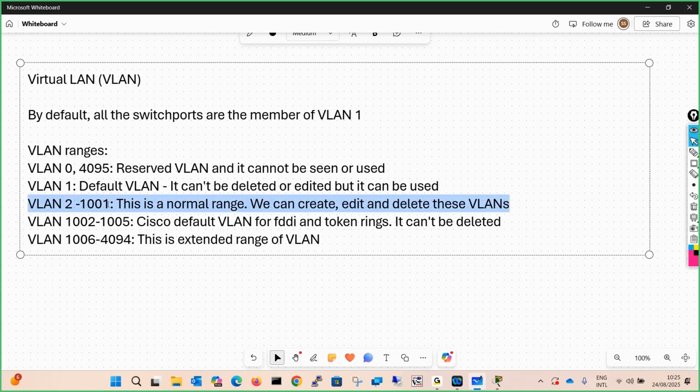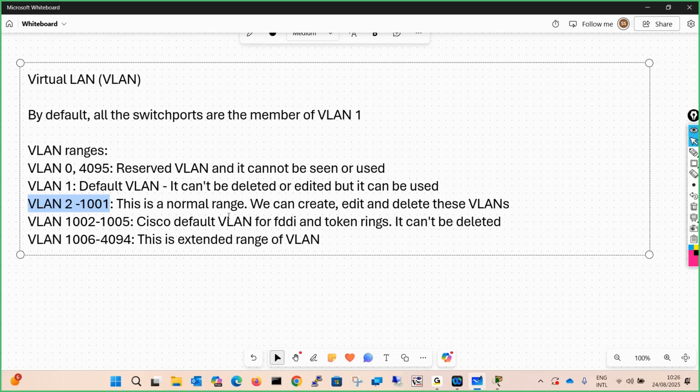Then VLAN 2 to VLAN 1001 is a normal range. Being a network administrator designing your network, you can use this VLAN range. We can create it, you can edit it if you want to make any kind of changes, and we can delete these VLANs if not required.